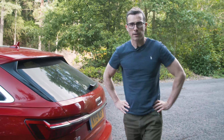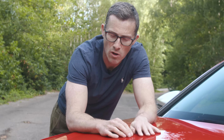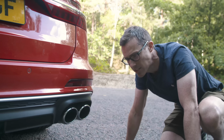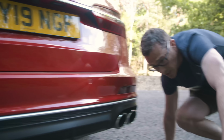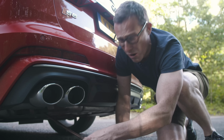And that brings me on to what's not so good about this new S6. There are only two standard paint colours, black and white. Everything else is £700, including this rather lovely red. What we have here, ladies and gentlemen, are the fakest of fake exhaust pipes. They look real, but no, they lead to nowhere. In fact, the actual tailpipes are under there. Do you know what? That makes me feel...